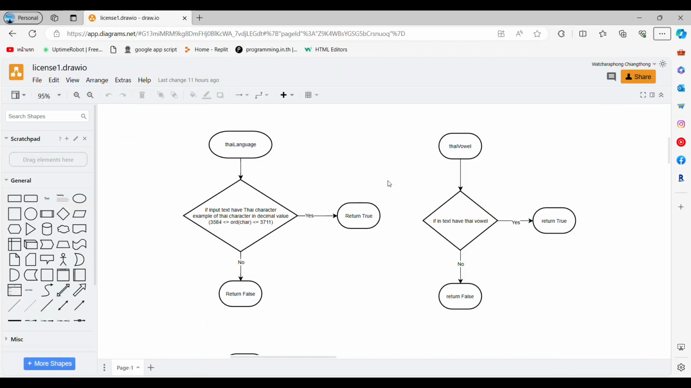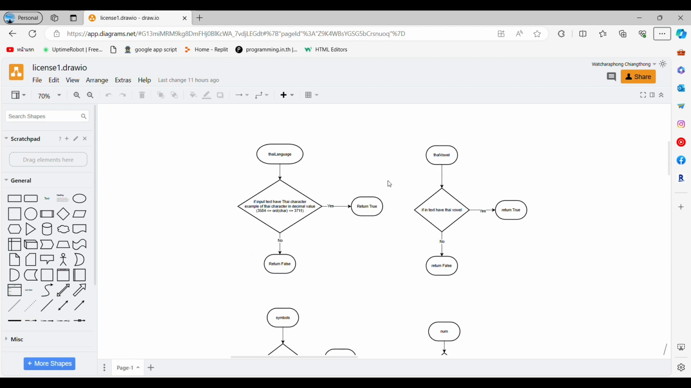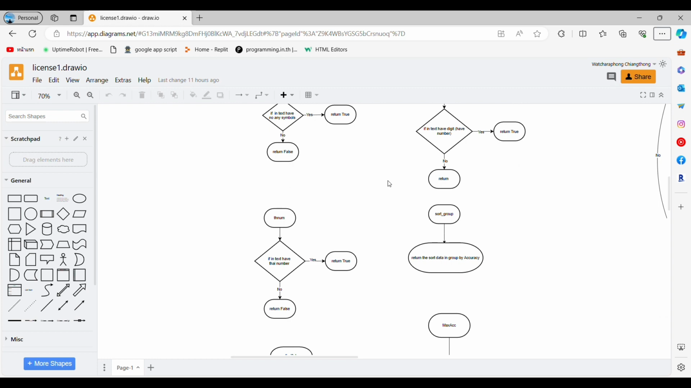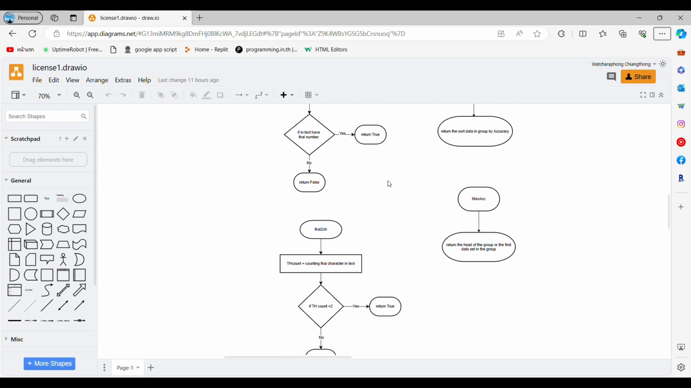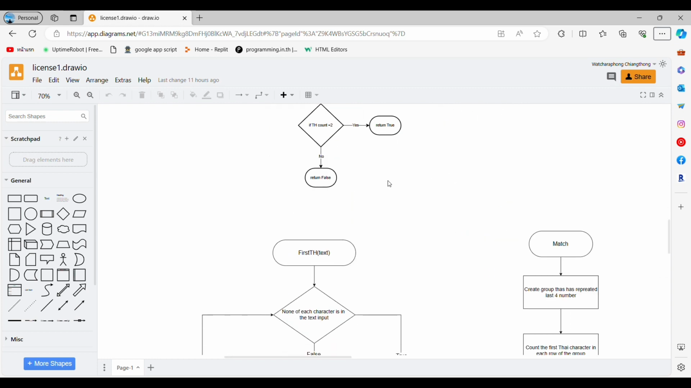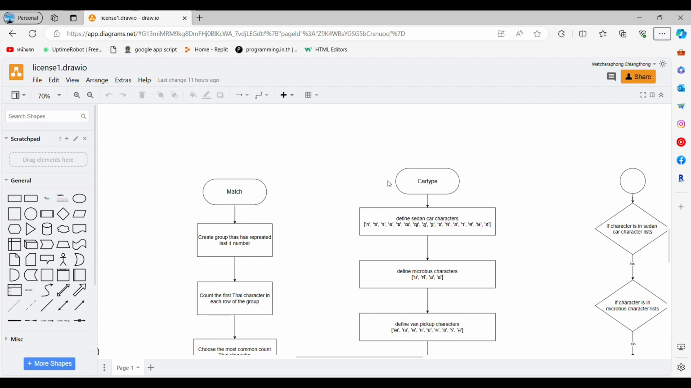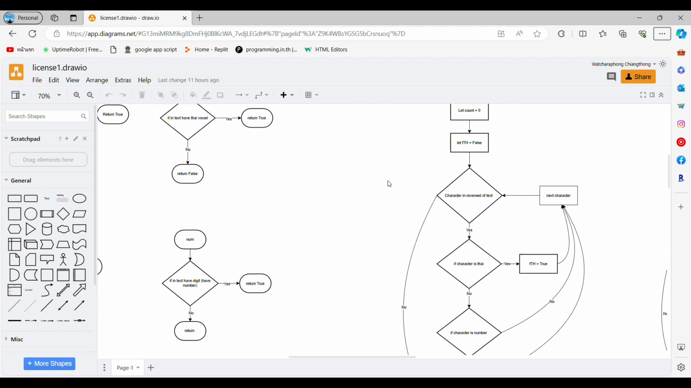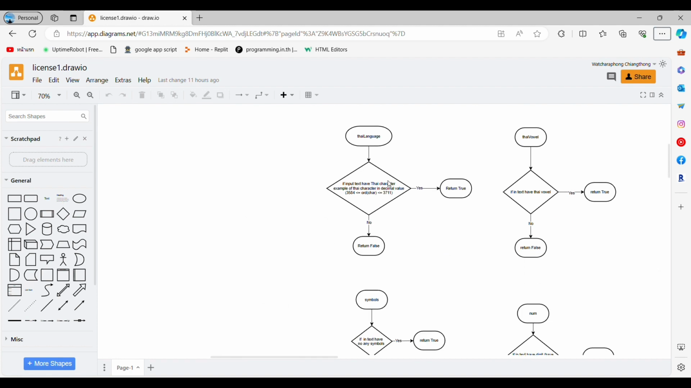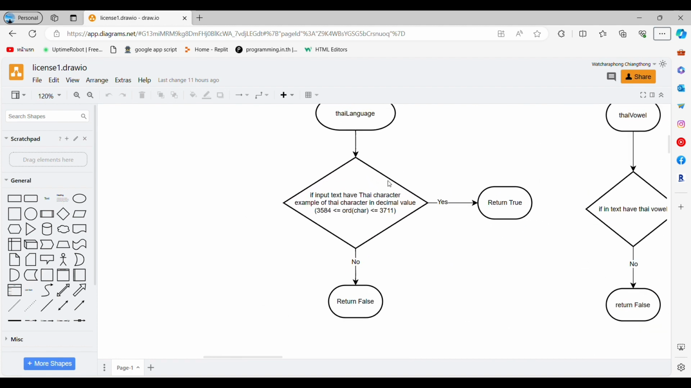So this is a part of a flowchart about the text recognition and categorization. First we will show you about the define functions, which have Thai language, Thai vowel, symbols, noun, text noun, sort group, Thai to ch, match ACCs, first th match, type. So these all will help with the filtering and sorting